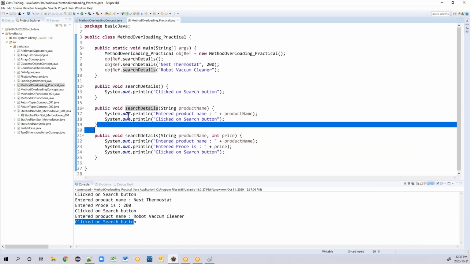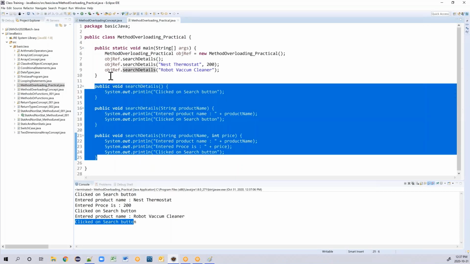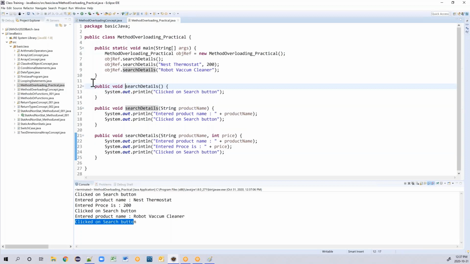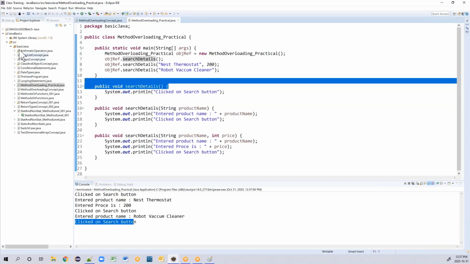The only thing is in real time, you will not keep it here. You are going to keep it in a different class and from there you will call. For that we need to understand inheritance concept and all those, so that we are going to see shortly, maybe today if we have time or tomorrow session. Then we will keep all these things in one class called reusable functions class, and from there we will call wherever you want to. That is the key thing that you have to know from your framework perspective. That is where most of the people will be fumbled.